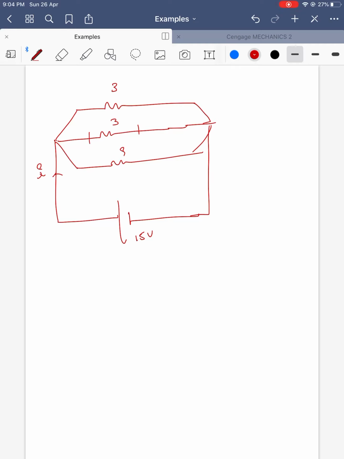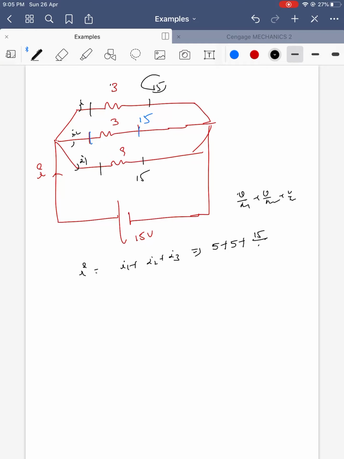Same. So in parallel, the potential is the same. Here the potential drop is 15, and here also 15, here also 15. So I am assuming currents I1, I2, I3. I is equal to I1 plus I2 plus I3. I can write it as V by R1 plus V by R2 plus V by R3. So I1 is 15 by 3, that is 5, V by R2 is also 5, plus V by R3 is 15 by 9. So this is the current which is flowing through the circuit. Okay, next